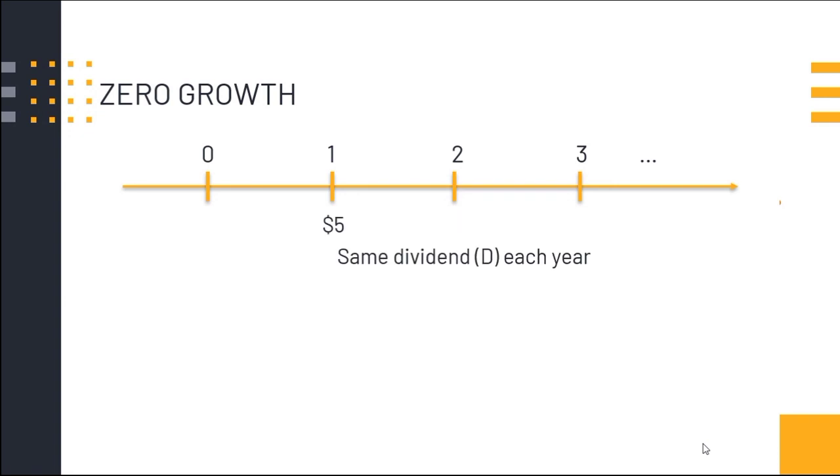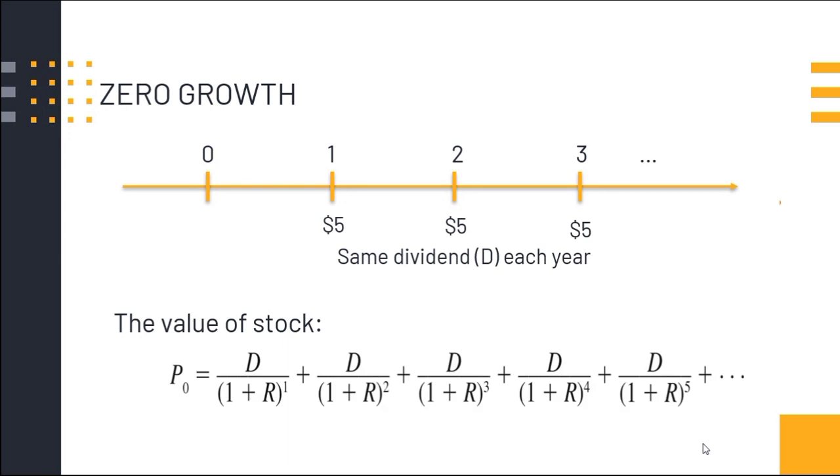So after 1 year, another $5. After 2 years, another $5 na naman. After 3 years, ganun ulit and so on. So for the rest of your life, you will receive the same dividend. Therefore, the value of the stock is the present value of all its future dividends, since there are infinite number